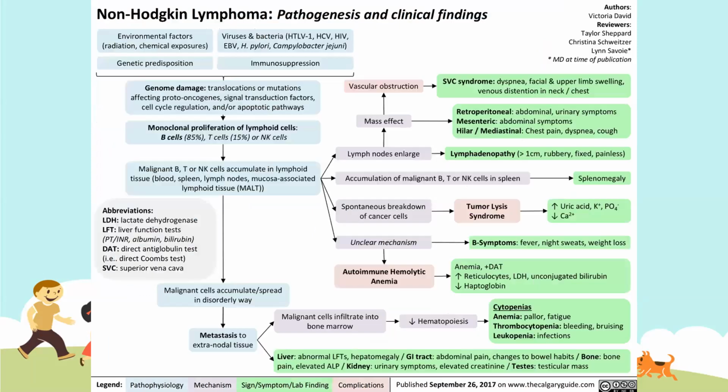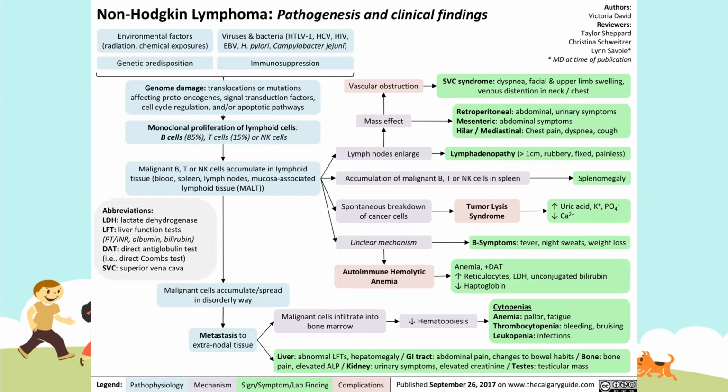So next, the pathogenesis of non-Hodgkin lymphoma and its clinical findings. In non-Hodgkin lymphoma, the common cause is chromosomal mutation. So from the chromosomal mutation, it will cause genome damage that affects the proto-oncogenes and the signal transduction factors that are responsible for the cell cycle pathway. So when the cell cycle pathway is damaged, there is increased monoclonal proliferation of lymphoid tissue, mainly